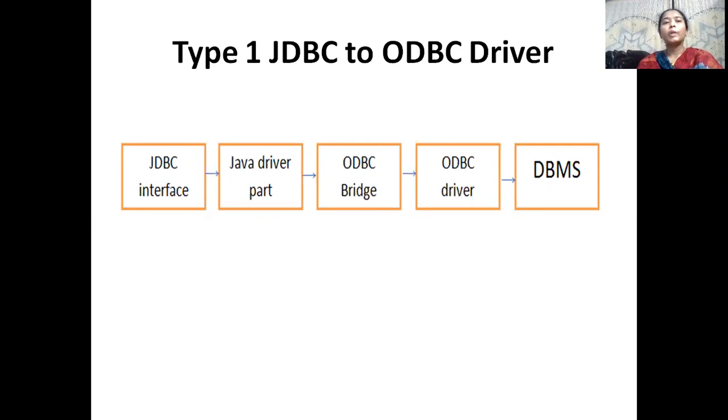And coming to the second drawback, this is the old one, which was first introduced by Sun Microsystems. What is displayed on the screen is a diagrammatical procedure, with a front-end JDBC interface or J2EE component coming to the backend DBMS. Here the JDBC to ODBC driver will be acting. The ODBC bridge will be a mediator, which Sun Microsystems introduced to translate the data between the front end and the back end.